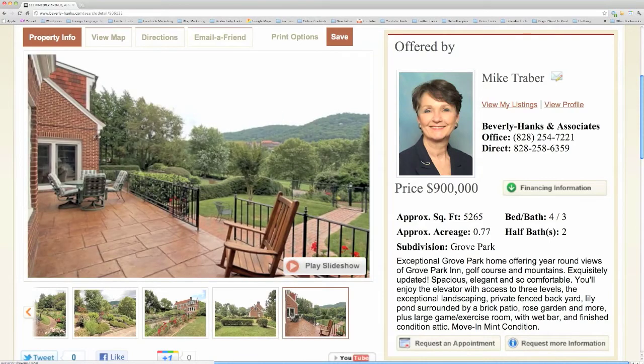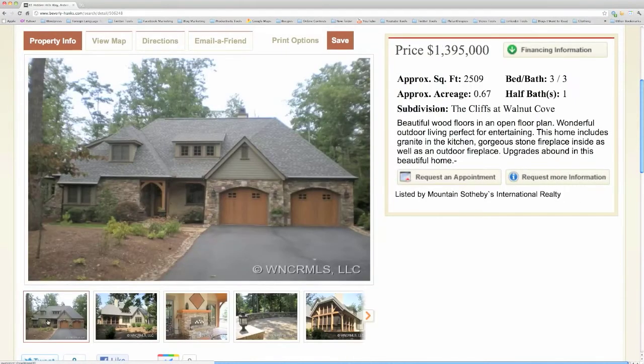And look at this terrace. So you can enjoy sitting outside on the terrace. It looks over your gardens, and then beyond that to the Grove Park Inn and the mountain range beyond. Spectacular house and location. I don't have many details about this house because the agent hasn't put them in yet,